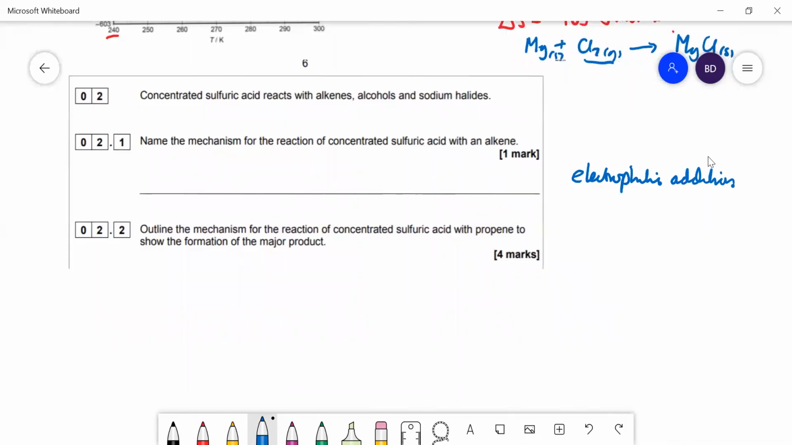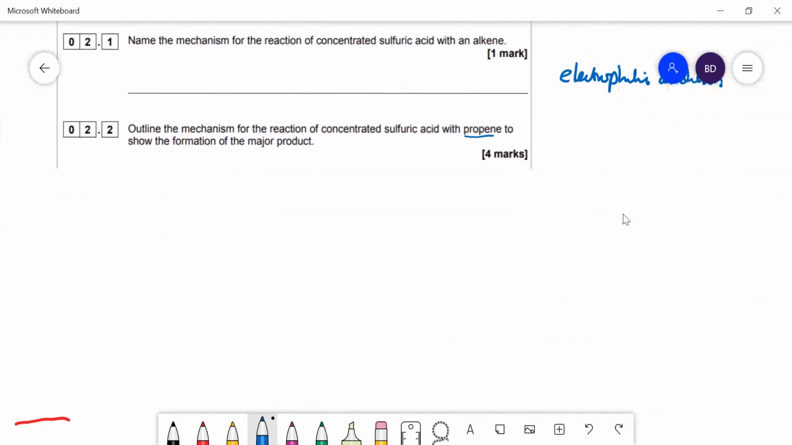Outline the mechanism for the reaction of sulfuric acid with propene to show the formation of the major product. Okay, so now we're going to have propene here. Sulfuric acid has the following structure, so I'm going to do H. Okay, so you've got to remember that. Now the reason why that's an electrophile is because that hydrogen is going to be delta positive,